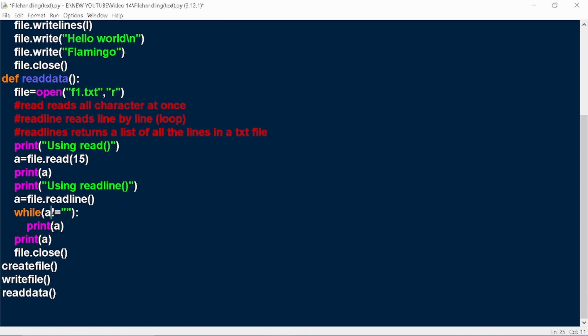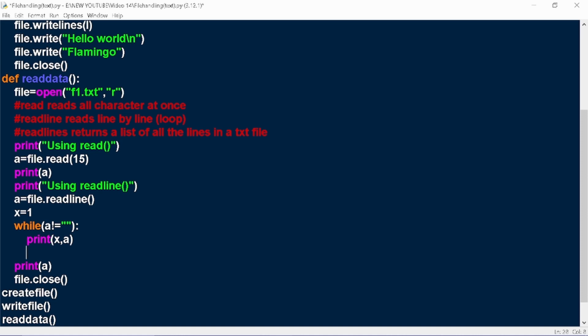And here I have to take a variable, let's say x equal to 1, and I try to write x comma a so that we can see the line numbers also. And then we have to read the next line again. So for that, we have to do a is equal to file.readline. I forgot to increment the value of x also. Now I am incrementing it. So if I run this now,